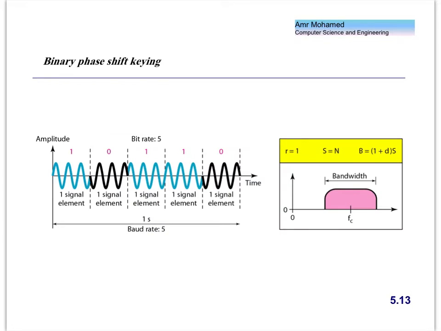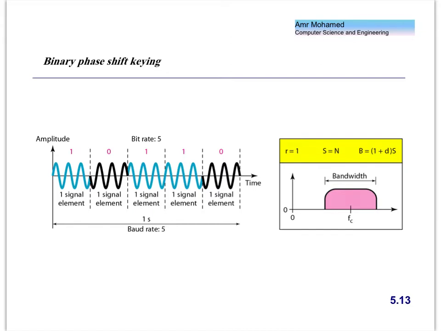As we said, the motivation behind FSK is to be more noise resistant, to try to reduce the effect of noise. The cost here is that we have increased the bandwidth exponentially, quite a bit. So the question now is, can we have the same feature of noise resistance, but without increasing the bandwidth? Binary phase shift keying tries to answer this.